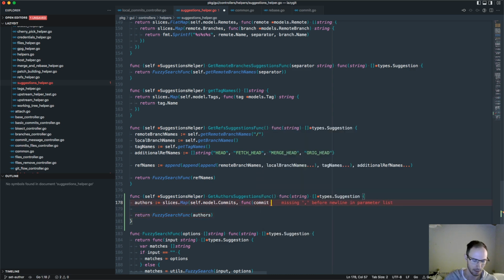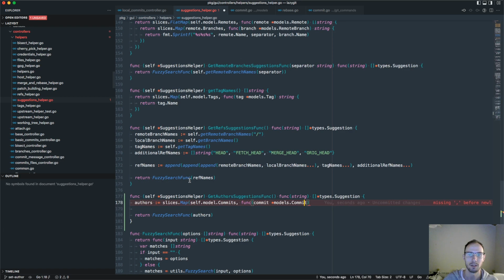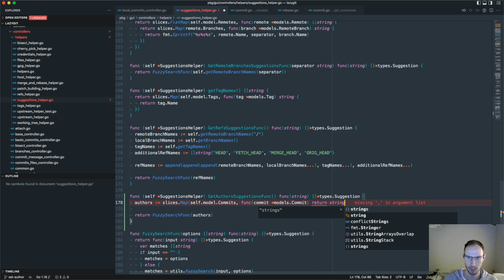So commit pointer to models.commit. There's a package called models that just has all the different models, I guess. In this case, our commit model has these two things here, author name and author email. So I'm going to return a string,